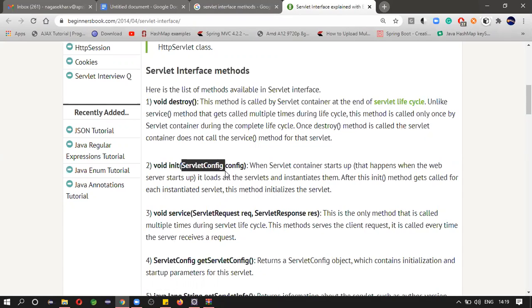Servlet config. So init method is taking servlet config as argument. So servlet config is again an interface.